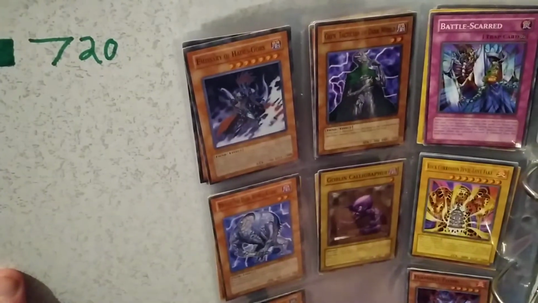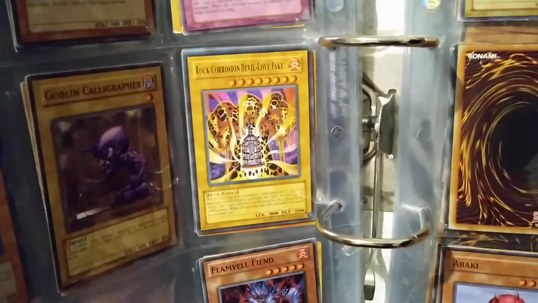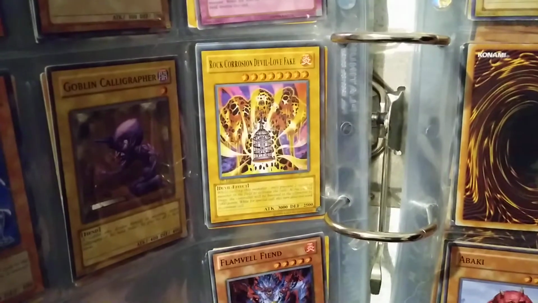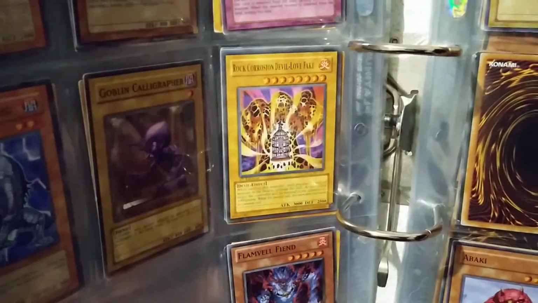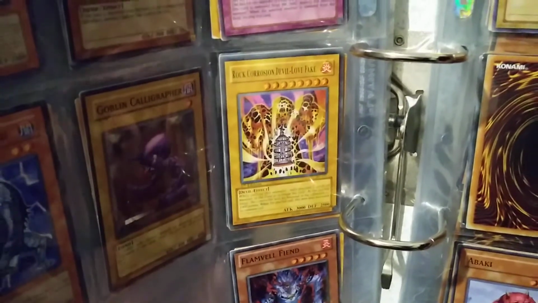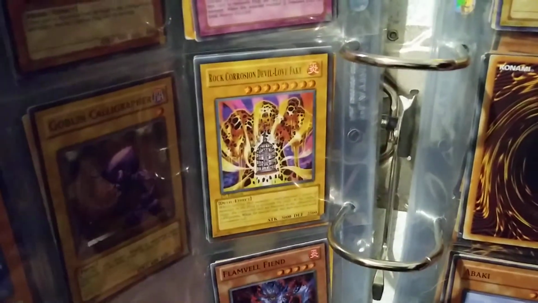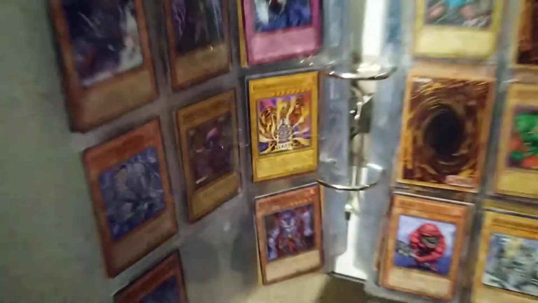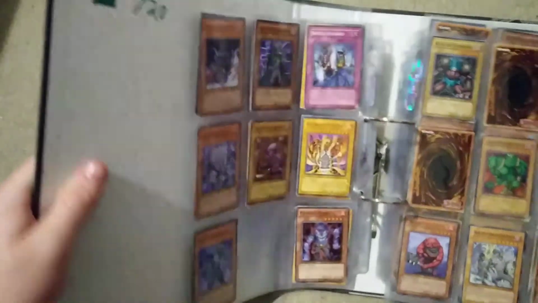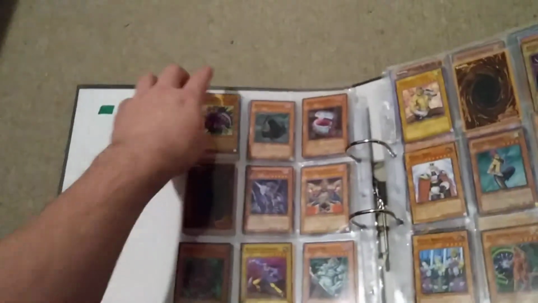Emissary of Hades Gores. That's a dumb name, but not as dumb as Rock Corrosion Devil Love Fake. It's a devil type. You know, it would be stupid enough to leave it at Rock Corrosion instead of Lava Golem, but Devil Love Fake? Oh my gosh! These names, when I first read these, oh my gosh, but,